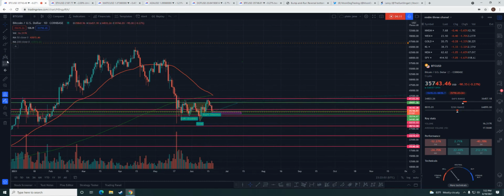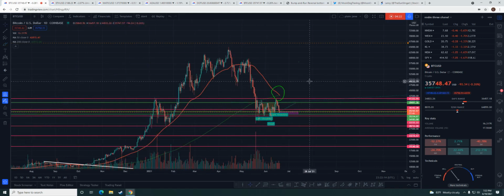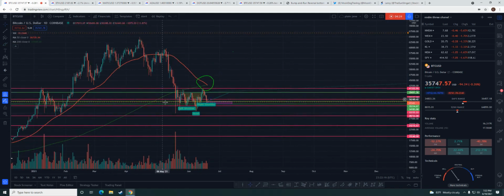Now, here is the death cross. Everybody's talking about this death cross. Is it that big of a deal? No, because I think the move already happened. Could it act as resistance? Yeah, we could get a little fighting. Say it comes down and we start to make this move here.